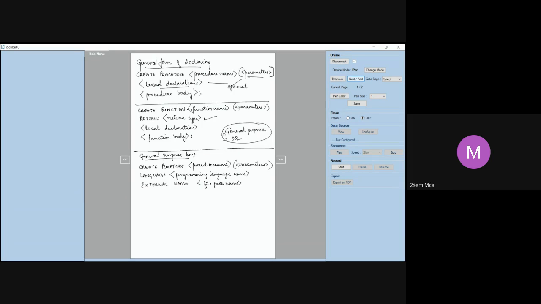So whenever you write a stored procedure using a general purpose language, the syntax is slightly different compared to when you write it using SQL. Is it clear? So you have to specify the language name and then the file path name.